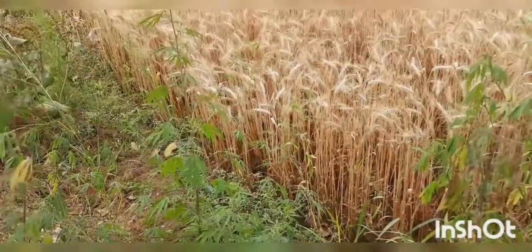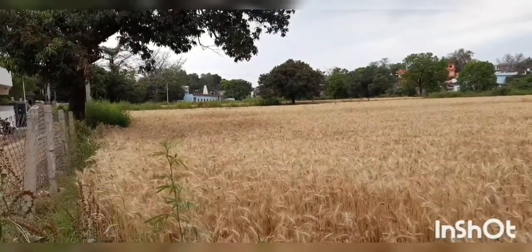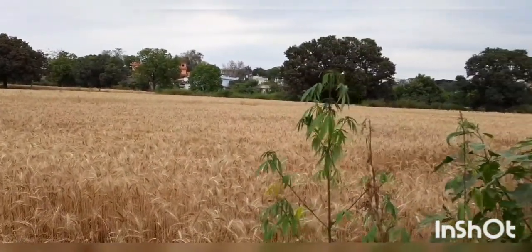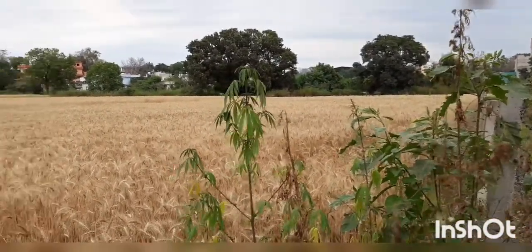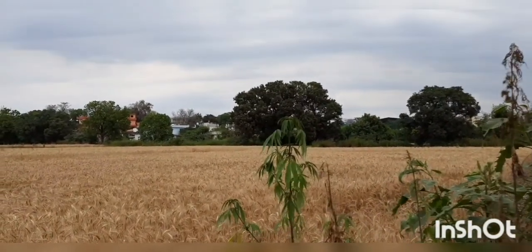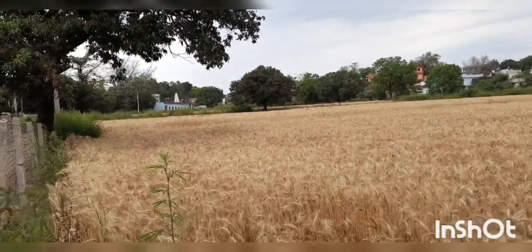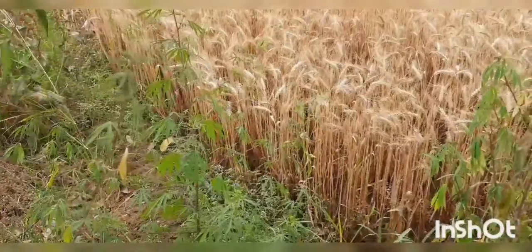These are my fields, and well, yes, the wheat is waiting to be cut, but it's still a little time to go before we cut them. So this time I thought of showing you my fields also, but let me take you inside my house and